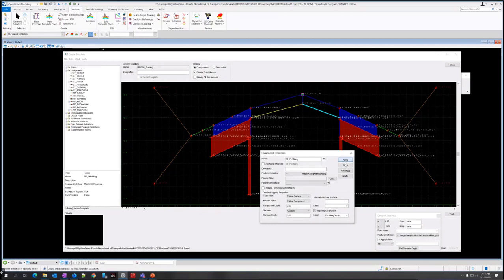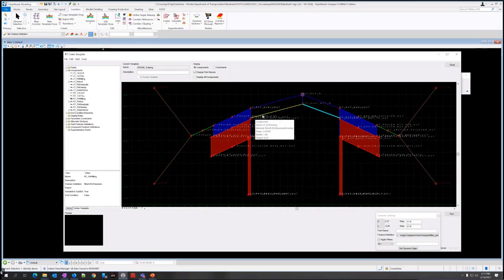Let's see here. So I'm just going to click apply on that. I don't think I made any changes. And you notice the checkbox here, check for stripping component, which makes sense because this is for milling, we're actually stripping material out. So it's accurate to call it that. Better to call it that.